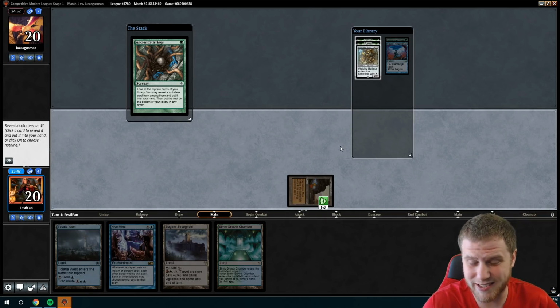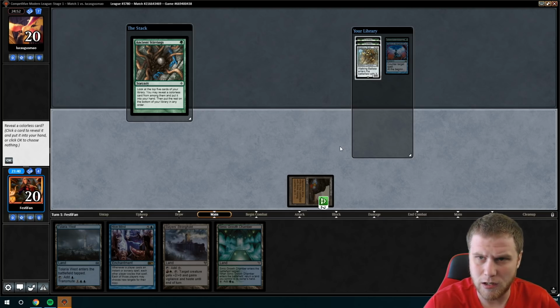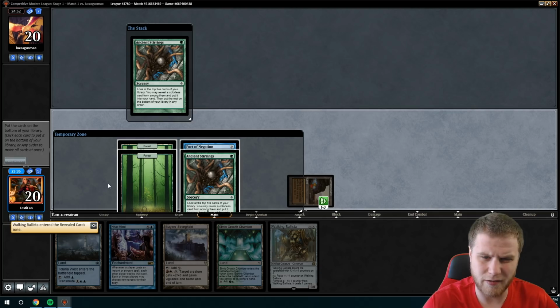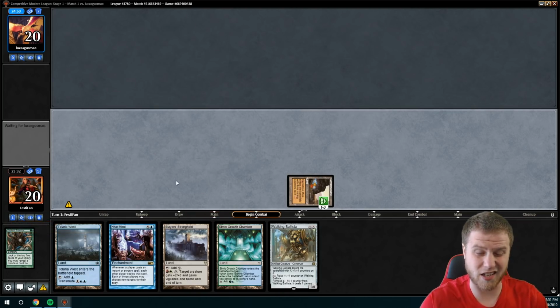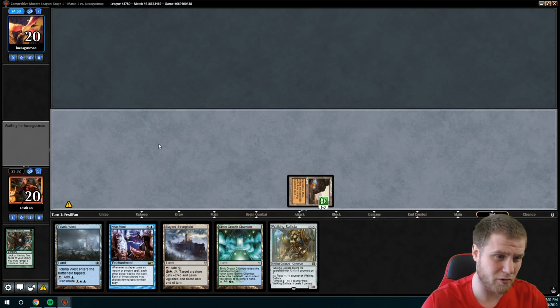Walking Ballista. For sure, not what we really want here. I think I'm just gonna grab a... Nah, we'll still take the Ballista. We really don't need a land right now, so we might as well take the card that maybe can serve as a removal spell. It's for sure not good right now, but...